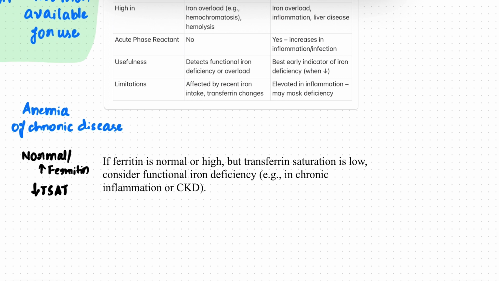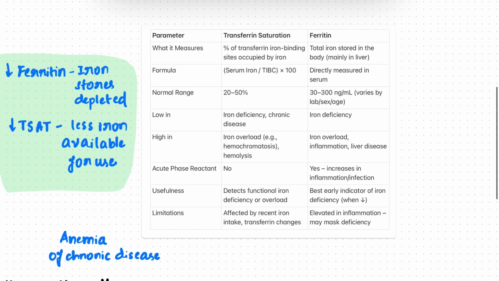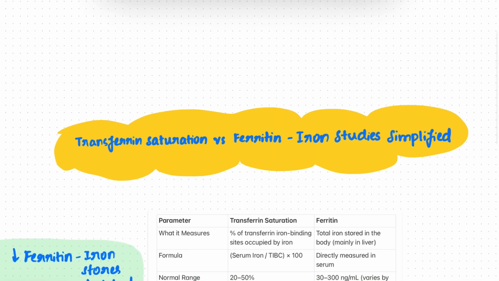So in these cases, to differentiate the functional anemia from the other anemias, we can use ferritin and transferrin saturation. The important key point is, if ferritin is high or normal but transferrin saturation is low, consider functional iron deficiency, that is anemia of chronic disease or chronic kidney disease. So this is an important